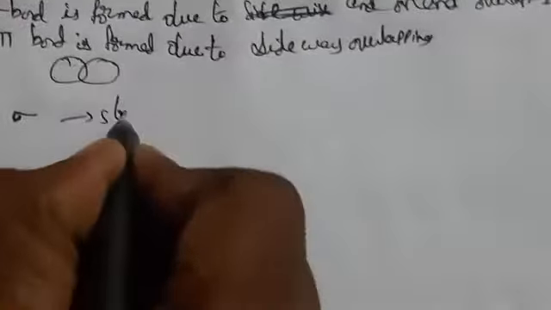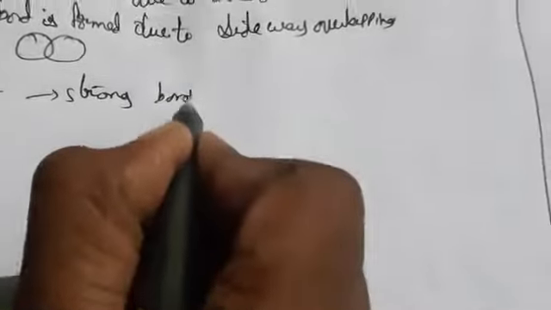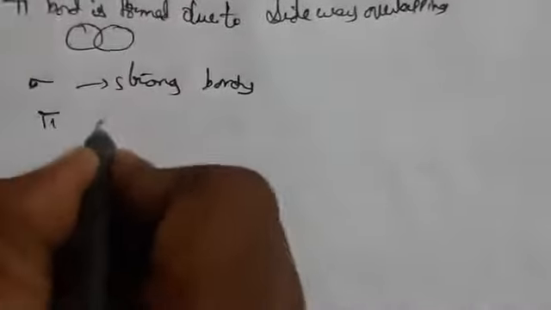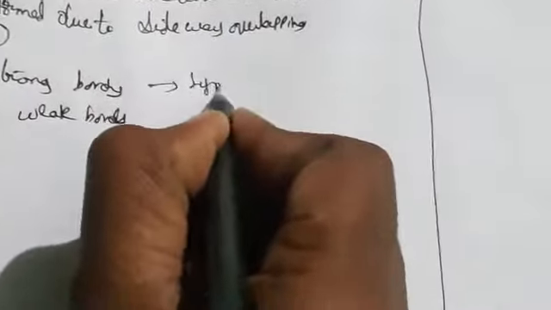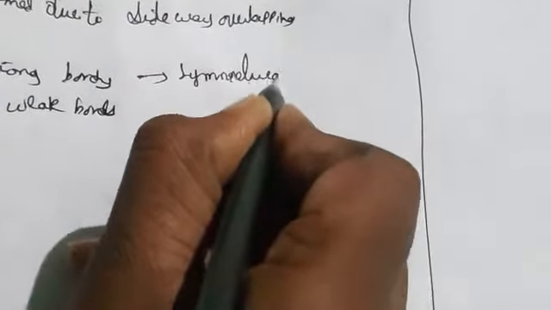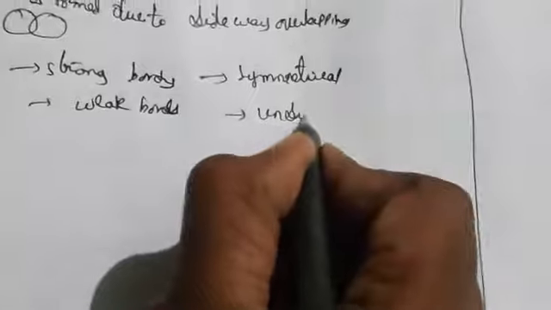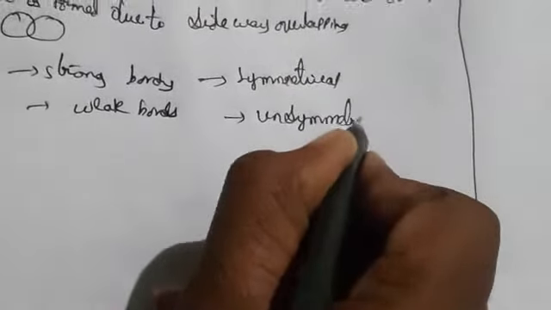So for sigma, the molecular orbitals are very large and for pi the molecular orbitals are very small. Sigma orbitals are strong bonds; they require more energy to break. Coming to pi bond, it is a weak bond. Also, sigma orbital rotation about the axis is symmetrical, whereas pi is unsymmetrical, which will not be in the same direction.